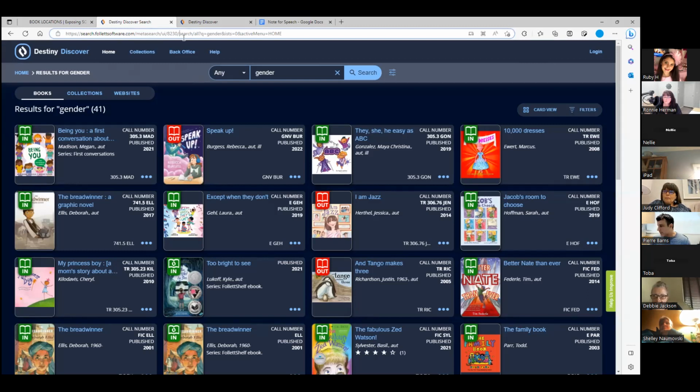And Pierre, to whom do you show this evidence? Who sees the evidence? When you want to get rid of the books in the school, who do you show the list to? Oh, well, I showed this to trustees. Usually I send an email to school districts, to trustees, just to make them aware of the books that they have in school. I do like to have an acknowledgement of the reception of the email, which tells me that now they are aware of the type of books they have in schools.